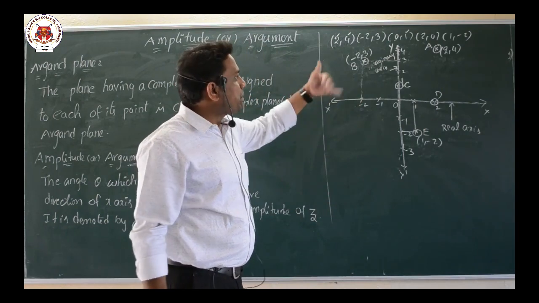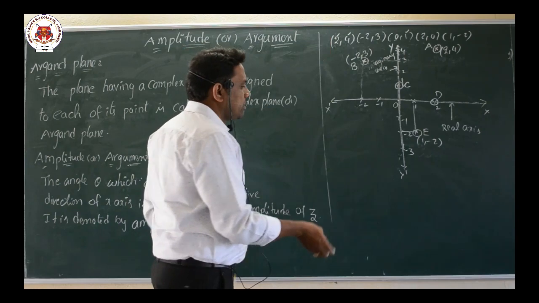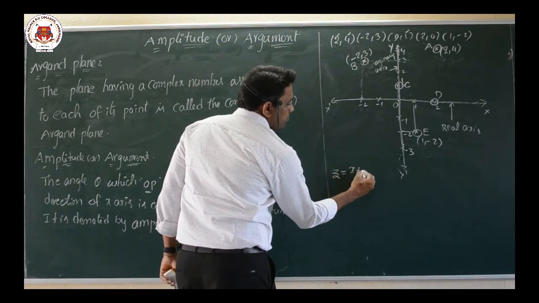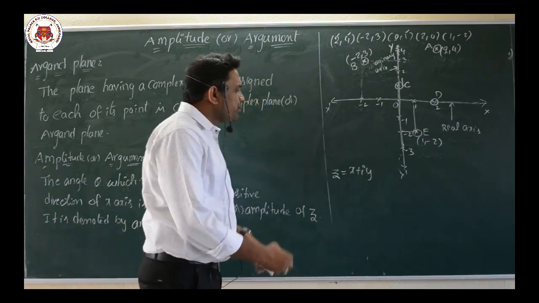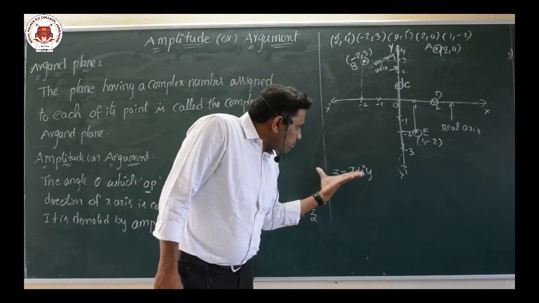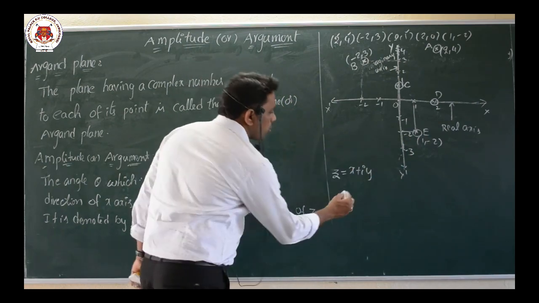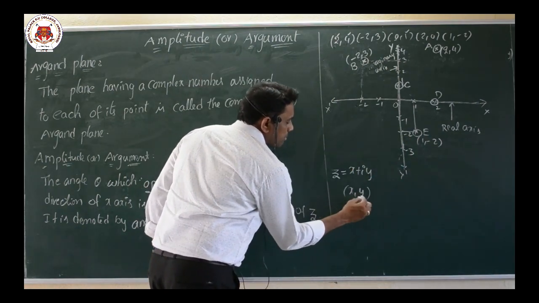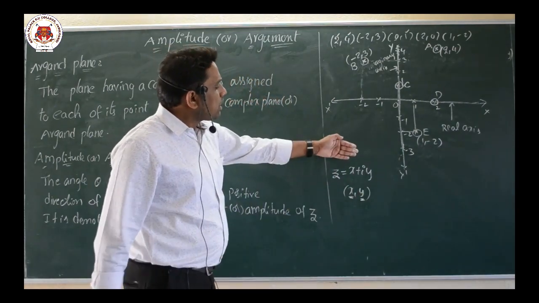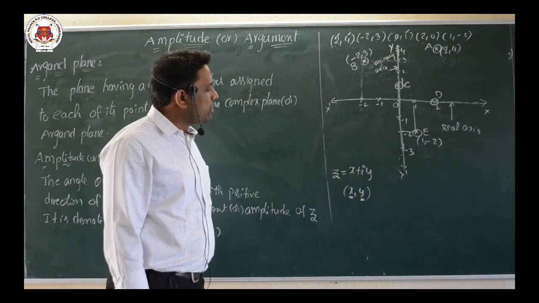So finally, once again I am repeating the definition, children. First of all, before repeating this, one more time I am telling you about a complex number. A complex number is in the form x plus iy. Here x is the real part and y is the imaginary part. If you want to assign this complex number as an ordered pair, you have to write x comma y, because first comes the real value, next the imaginary value. So the complex number is assigned in the form of ordered pairs x comma y.